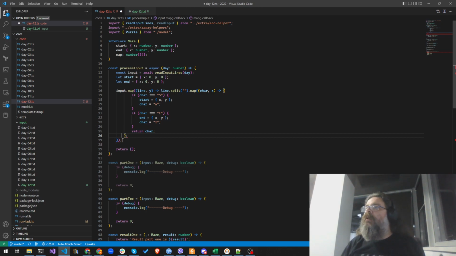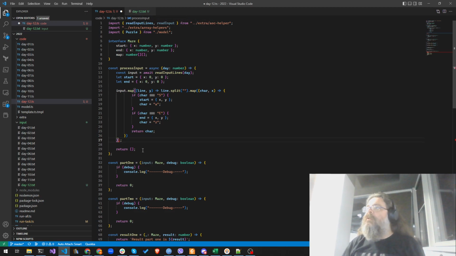If we do it like this, so this ends here, and this is like this, and this is like this, and yeah, this works. So right now, if we call this maze or map, actually,